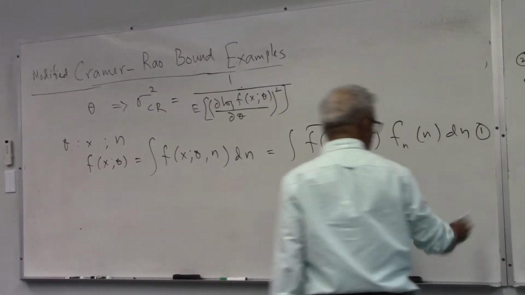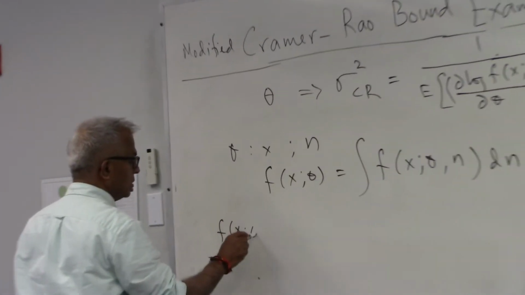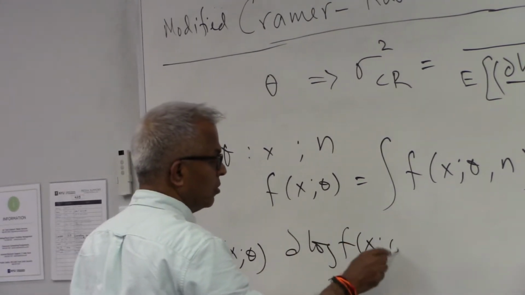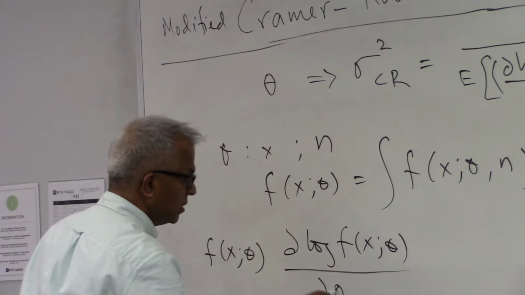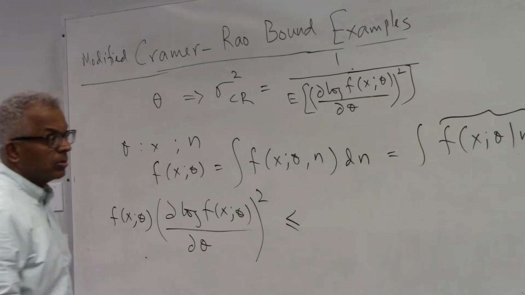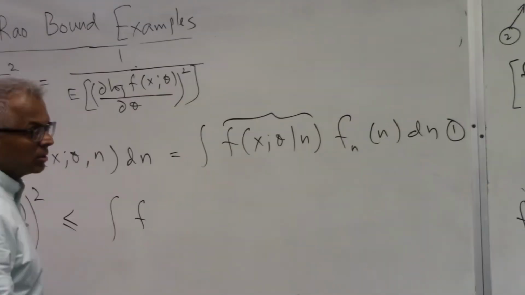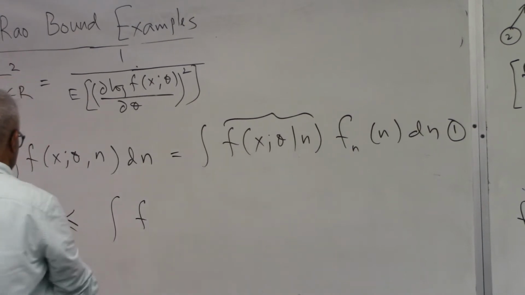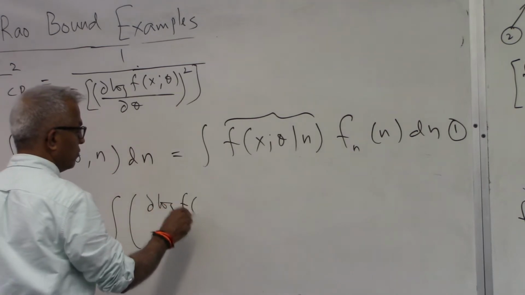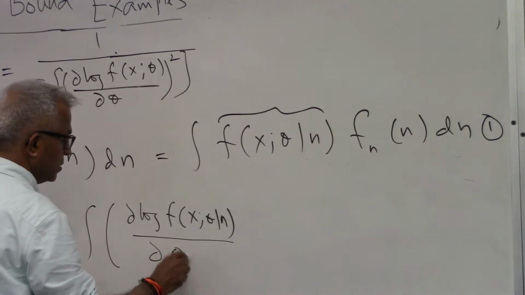So then the term you have, once you square this, we get the result: the square of the derivative of log f of x comma theta with respect to theta, the whole squared, is less than or equal to the integral of the square of the conditional logarithm derivative, d log f of x comma theta given n, this is the key, d theta squared,